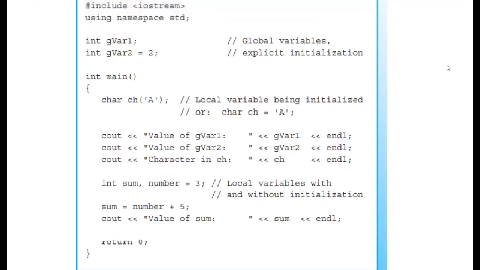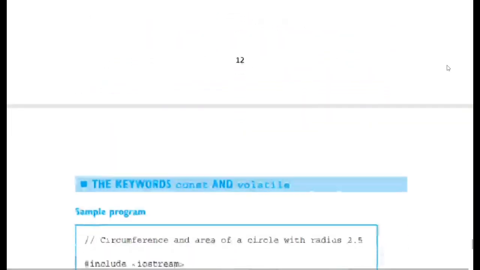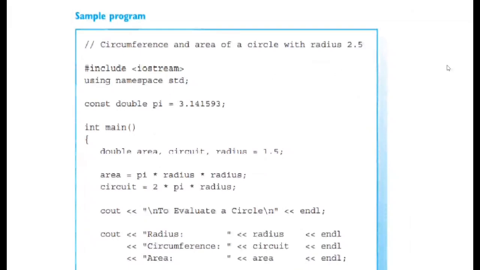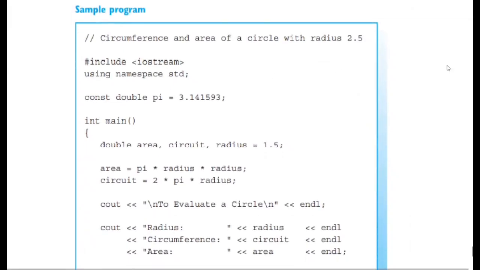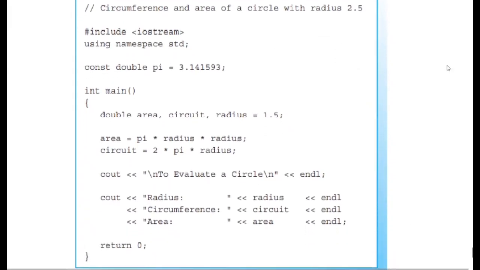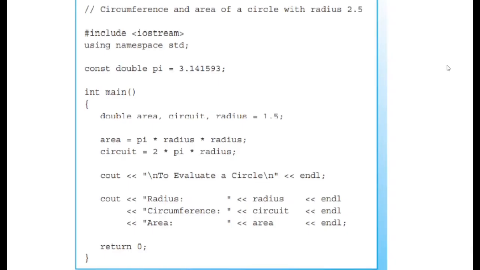Let's have a look now at another example where we combine the use of variables and constants. So in here, we have a program that calculates the circumference and the area of a circle, right? So we start with our preprocessors, then we have the namespace declaration, and then we go on to declare a constant. So we have here const double pi,